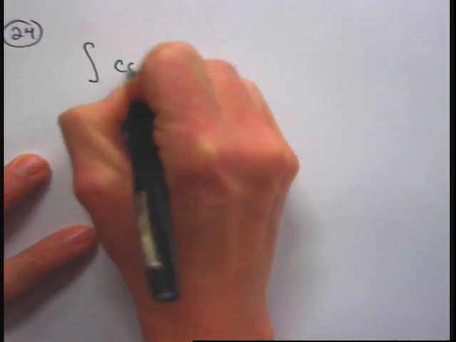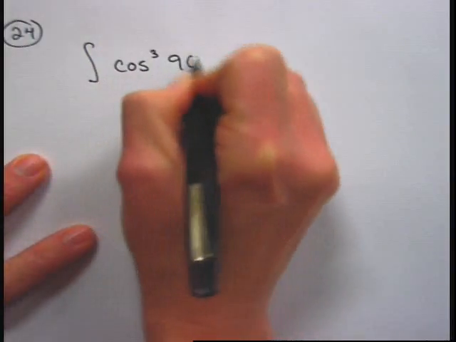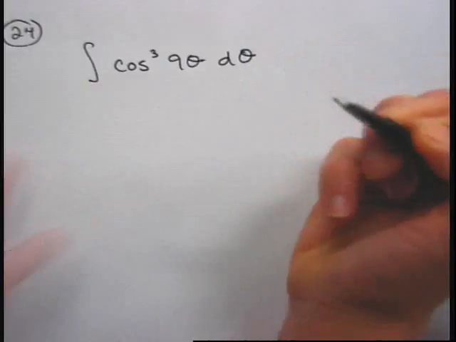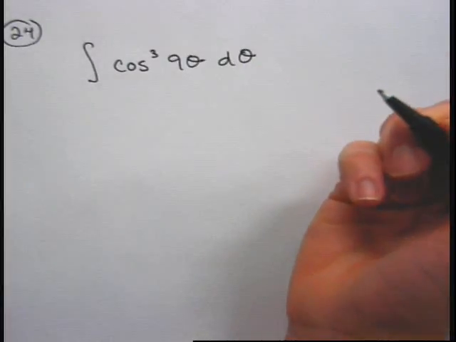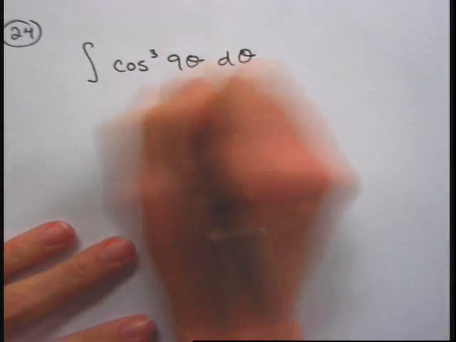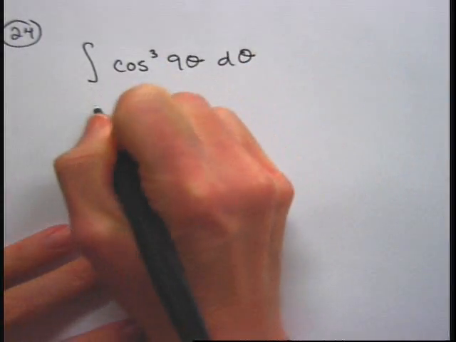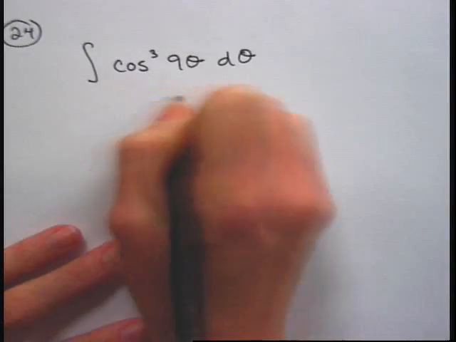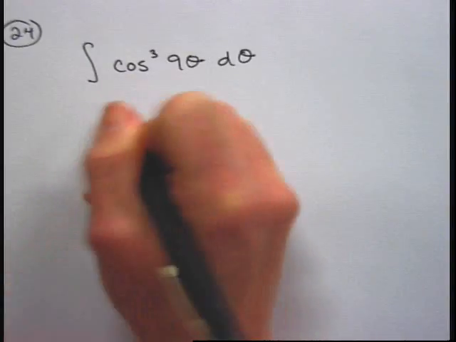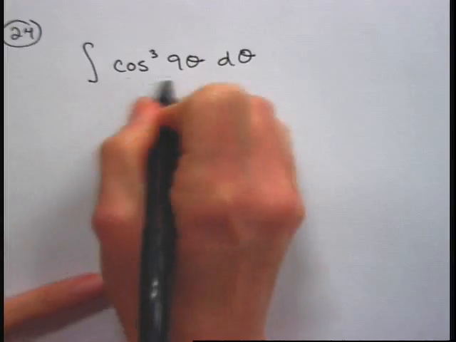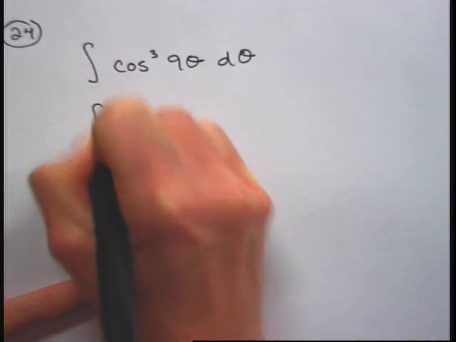We are on number 24 on the online homework, and the first thing we want to integrate is cosine cubed 9 theta d theta. You can get yourself not sure what to do, but there is a strategy for these. By the end of the chapter, I will have given you all of the little strategies, but on this one, it's often best